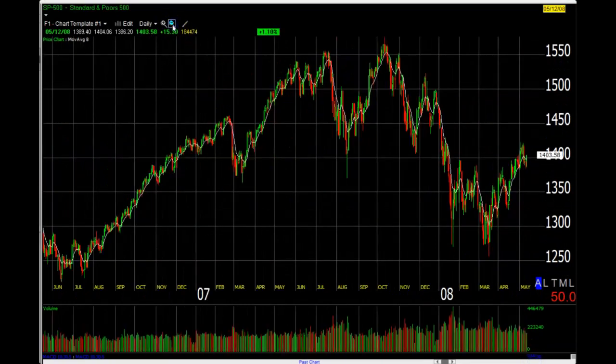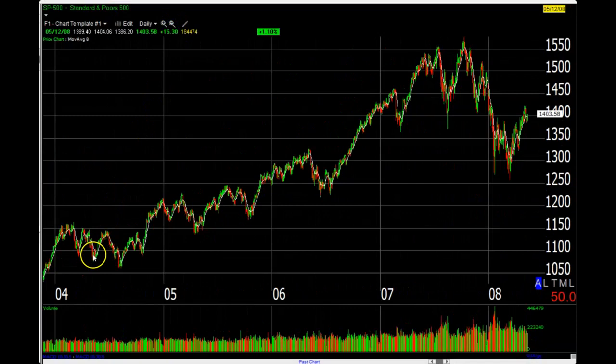So if you back this chart out a little bit, you can see right about here was when they made the first rate increase, and they raised it all the way into May of '06. So if you would have taken the rate increases as a time to sell stocks, you would have missed out. And honestly, if you would have stayed in stocks all the way into that first cutting period, you would have made even more money. So just because the Fed is raising rates, there is no need to sell stocks just on that piece of information. But let's take a look at the other two real quick.